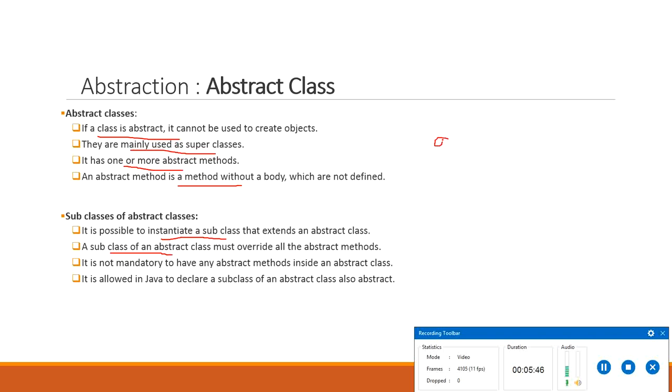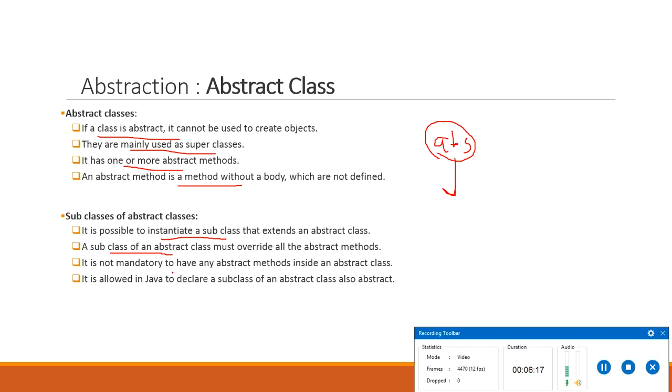So we have an abstract class and we have a child class, or the subclass, of it. This abstract class has abstract methods. Abstract methods are the methods which just have the method definition and no implementation. Now, when a class is derived from the abstract class, it must override all the abstract methods. If you skip overriding any of the abstract methods, you will get a compilation error.